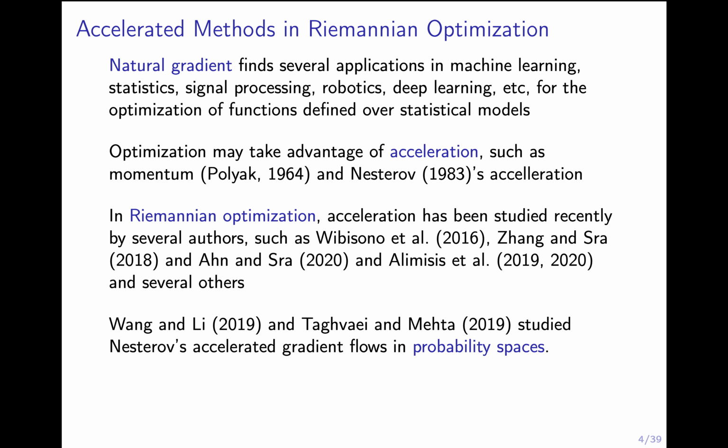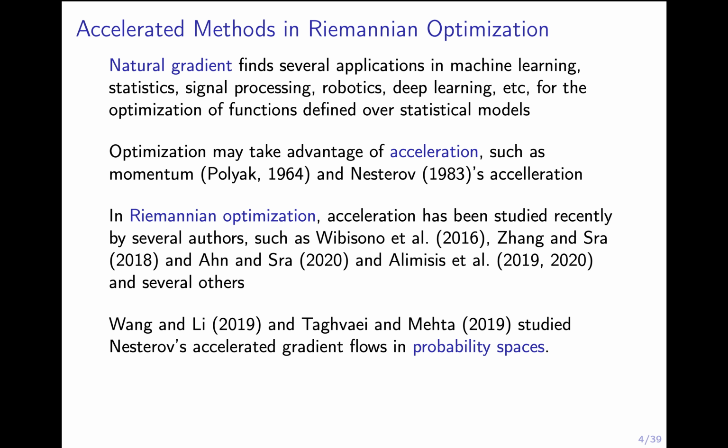Okay, so gradient descent, as we said, is a naive approach to optimization. Natural gradient, however, is used in many different fields. It has application in machine learning, statistics, signal processing, robotics, and deep learning for the training of neural networks. And in general, for all the cases, and there are plenty of them, when you are doing the optimization over